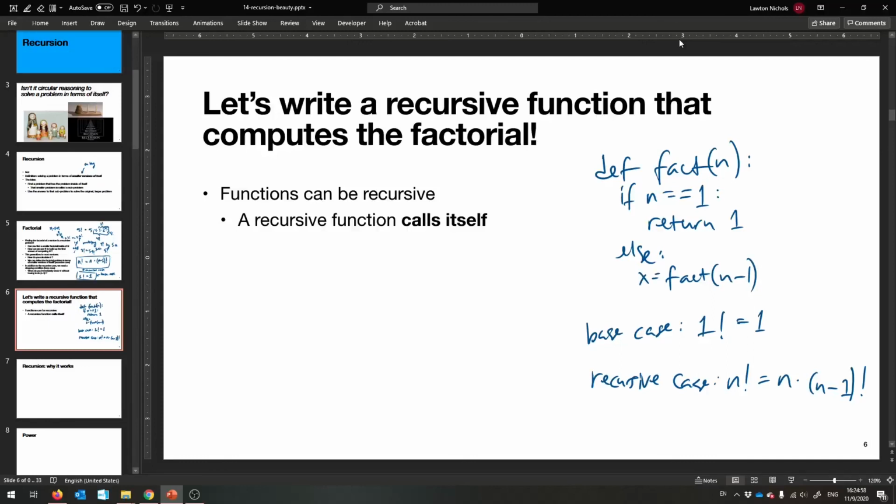Call that x or something. So we can actually compute that factorial right there. And all we have to do to get the final answer is multiply that by our n, and that's what we give back. Well, let me put it in front. N times x. And technically, I don't even need to save it in a variable. I could just say return n times fact n minus 1.